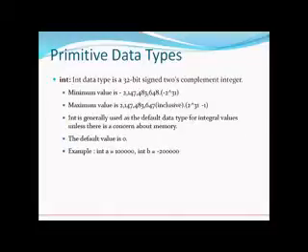Then there is integer. Everybody knows about integer. Now what is an integer? An integer is a data type, and as far as the C language is concerned, in the earlier versions of the C language the data type integer is stored in 2 bytes, and in C++, the size was 4 bytes, and it is retained in the Java language as well. There are 32 bits, or 4 bytes, as the size of the int data type, as a 2's complement integer.